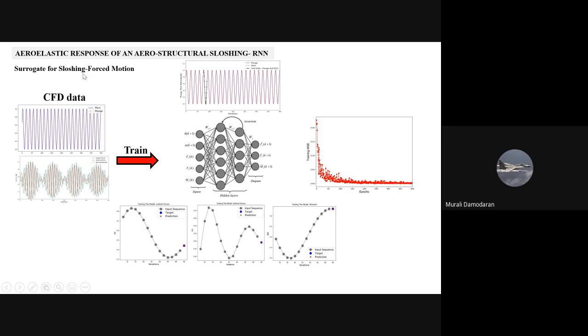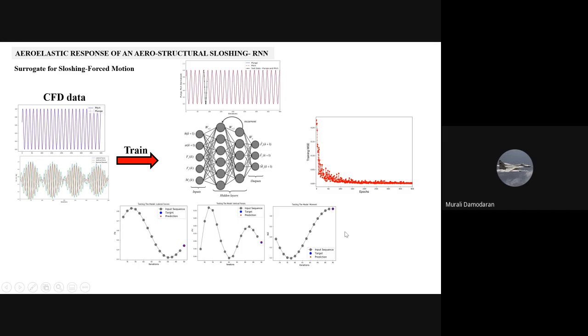So the surrogate for the sloshing, you can do also. The sloshing modes are here. This is the CFD data for pitch and plunge, and this is the lateral and vertical forces and normal movement inside the tank. Okay, so you can train them. So these are the forces coming from the sloshing, and this is the plunge and pitch, and you need the old values of the sloshing forces. So you do that, and you can see the target and the prediction by the neural network is pretty